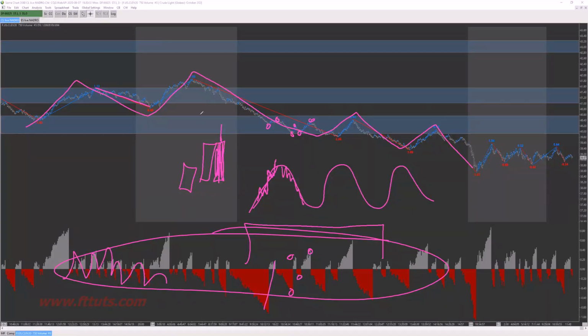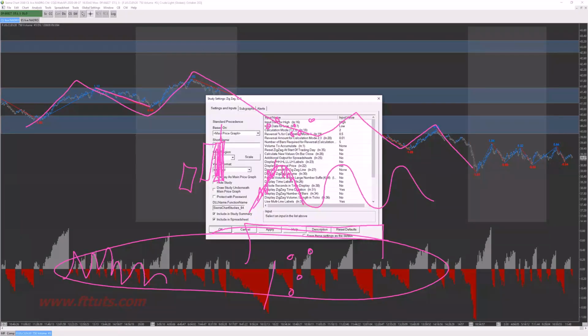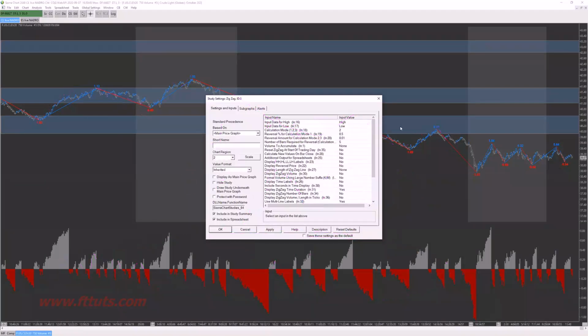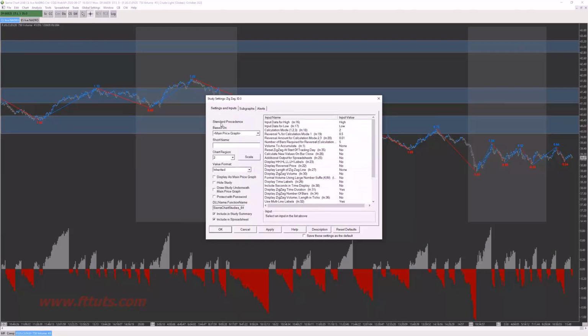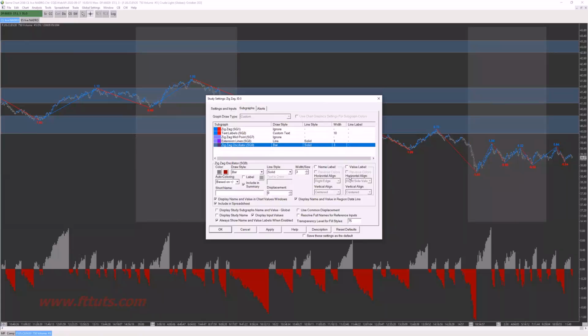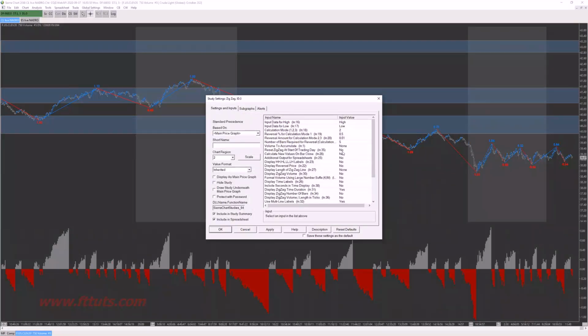Both of these studies are zigzag indicators, and we're going to be sharing the chart book with you and all that good stuff. But this is just a zigzag indicator that we've gone in, and that's not messy. And we have gone to the subgraph section and turned on the zigzag oscillator. We've made sure that it's in pane 2, and then we've pretty much ignored everything else and turned off any kind of text things over here.